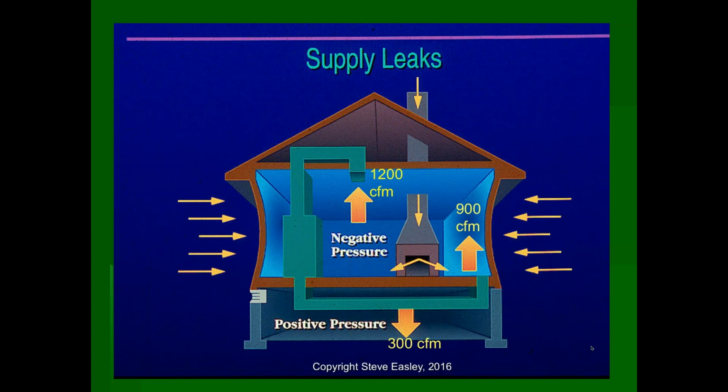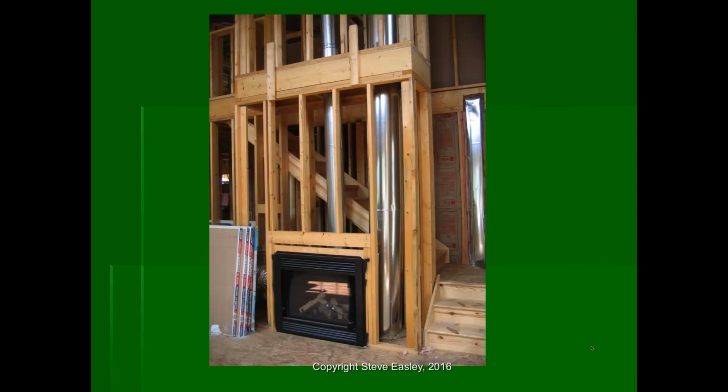So sealing the ductwork eliminates these problems, gives us a healthier home because we have less opportunity for backdrafting, less opportunity for moisture to condense on the insides of the wall or build up, and also it's a lot more energy efficient. Let's say, for example, a common mistake that I see happening: here you look at a typical fireplace, and you'll notice that we also have a return air duct chase in that same cavity. So when drywall is put in around this, that means if there's any leaks in that